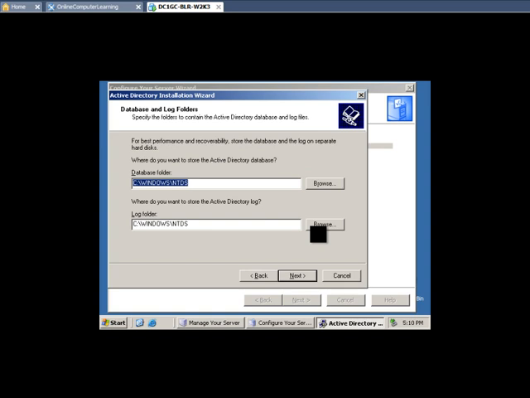For best performance and recovery options, it is asking where to keep the database, the ntds.dit, and also the log folders for the Active Directory. If you have seen my first online video session named Active Directory Introduction, you will know that I have emphasized the fact that the ntds.dit, which is the database file for Active Directory, is an important file that needs to be backed up,